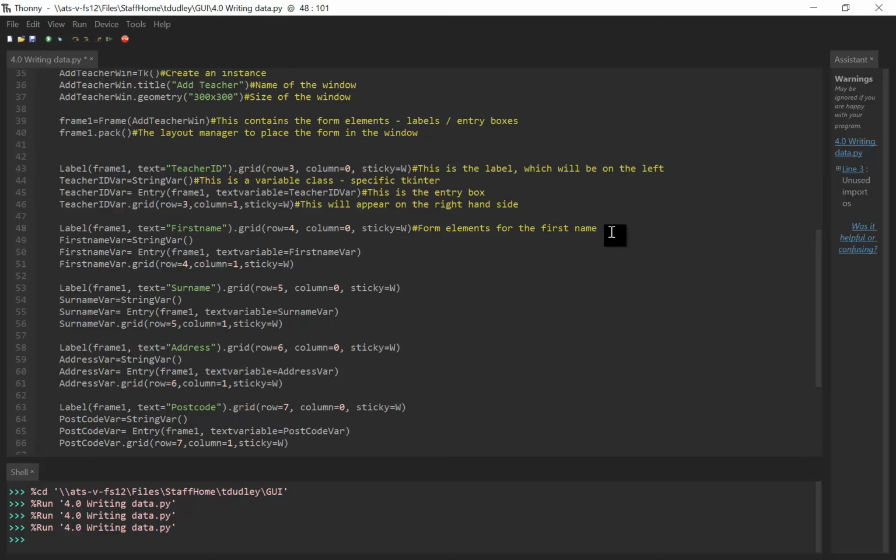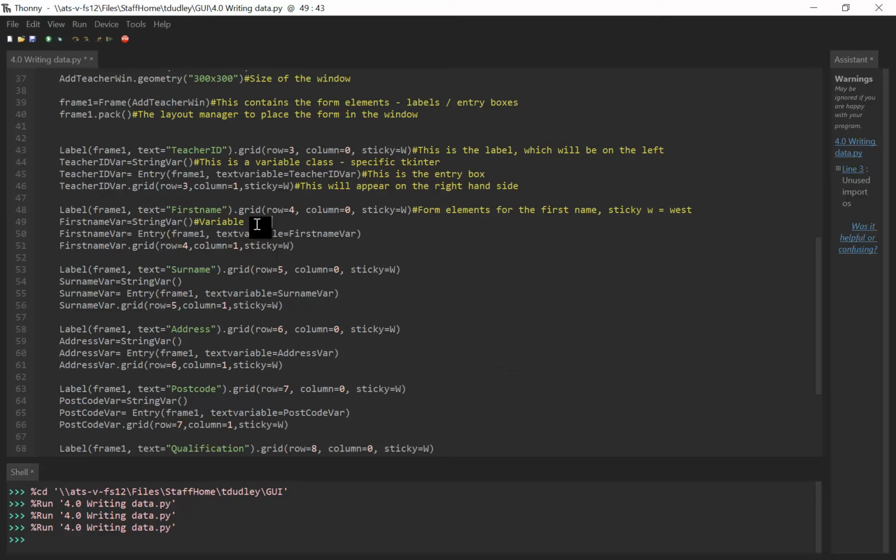And you can see again, sticky part, so sticky W just means it equals west, okay, so to the left hand side. Then again, we've got our class variable, so I'm just going to put variable name there. Then we've got the entry box, which references the variable name. And then after that, we've got where we're going to be laying it out. Okay, so there's not much to really add into here. The ones underneath are just the different parts of our form, so I can just copy that. So the variable name,